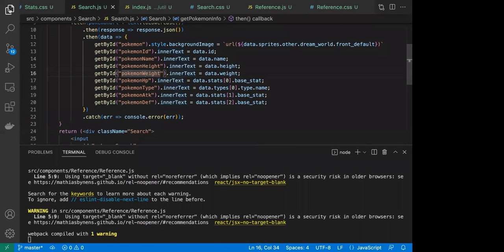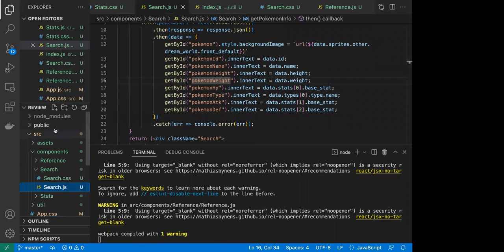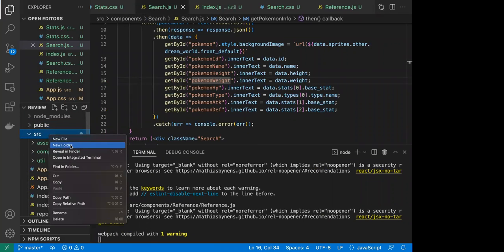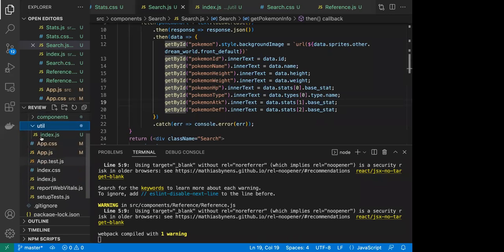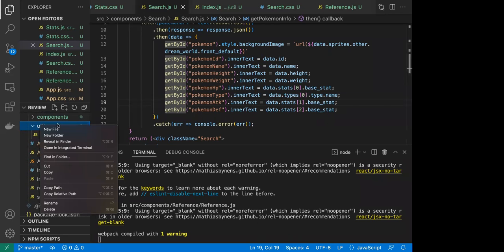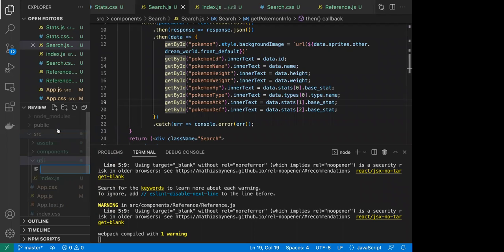So let me first bring in context into here. I think we had made a folder. I forgot what we named it. I'm just gonna put it inside util. Just put it in here because I think this is a good place. Util normally contains stuff that all the other components use. And I'll just name this